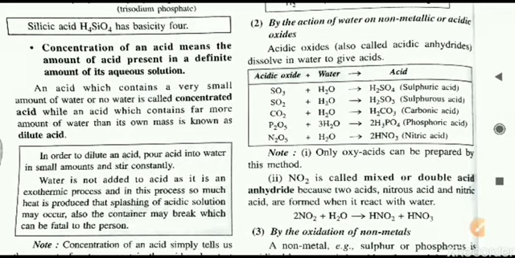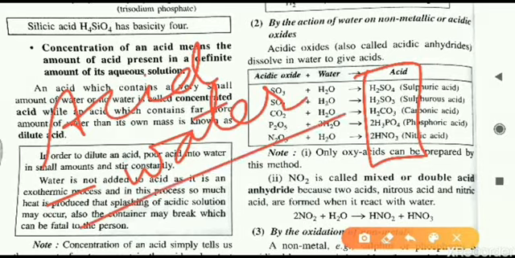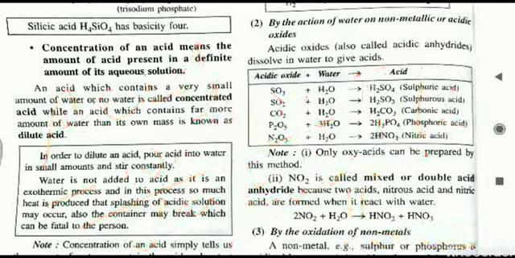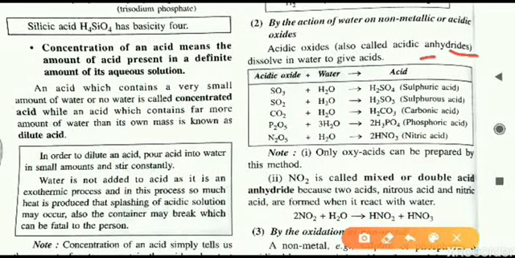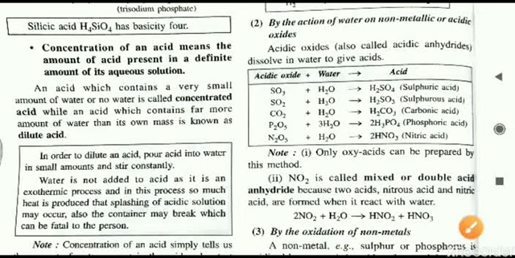Now all these acids are given over here. If we remove water from these acids, acid minus water, what we get is called acid anhydride. This name you remember, acid anhydride is what? It is acid minus water, whenever water is removed from acid. The term anhydride you can break into two parts. Anhydride, N means no and hydride means water. So water is not there in this acid, that is acid anhydride.